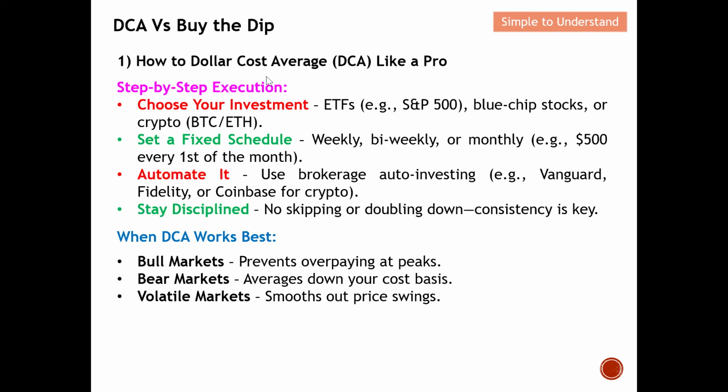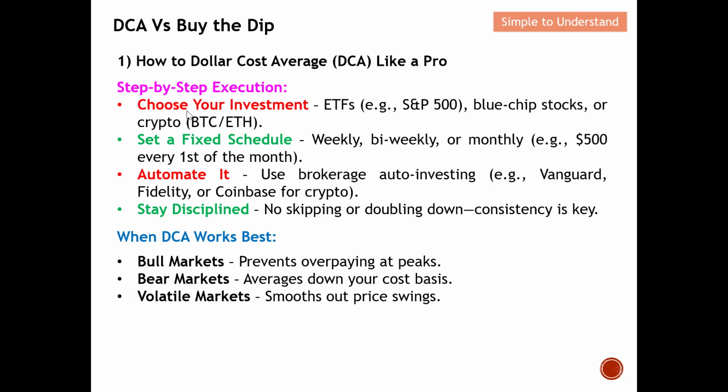So hence, I would suggest that you can select one of the ETFs, and in more detail, the S&P 500, since this is quite a traditional and safe bet when you invest. If you really want to invest into one single stock, you probably need to consider selecting a blue chip stock. Again, as I mentioned, people that choose DCA typically are for long-term investment. So hence, I think blue chip stocks definitely will fit the bill for a long-term investment.